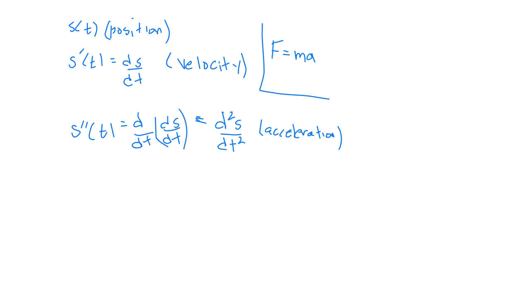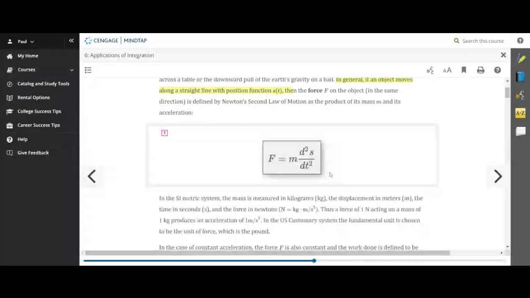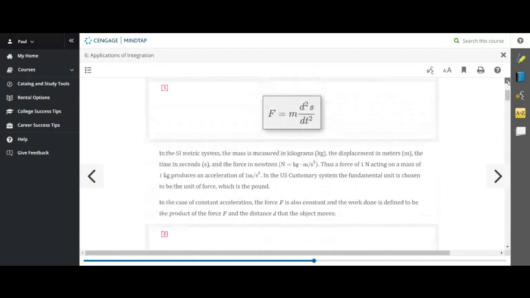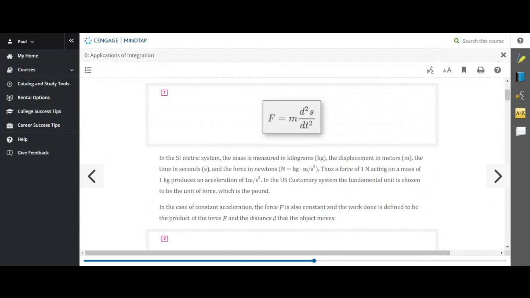So, in the book, if we go back to the book, there you go. Force equals mass times acceleration. Now, we do have to worry about units, right? We have to worry about units. I always like to highlight things. So, in the SI metric system, mass is measured in kilograms, displacement in meters, time in seconds, and force in